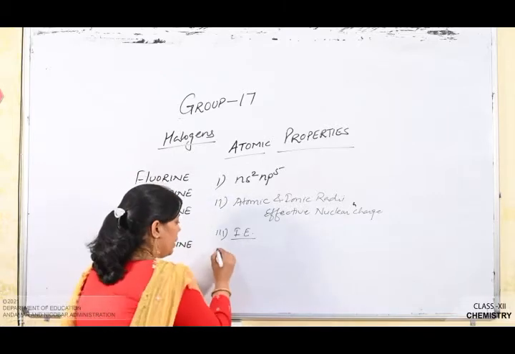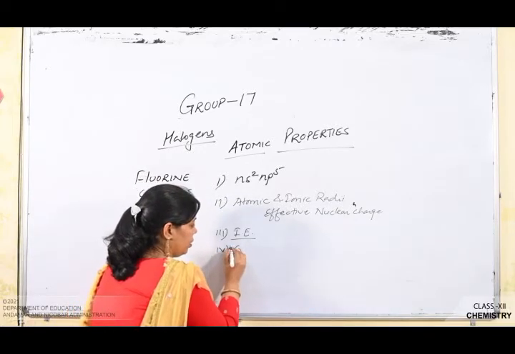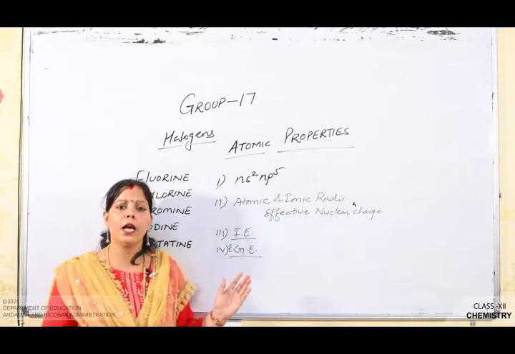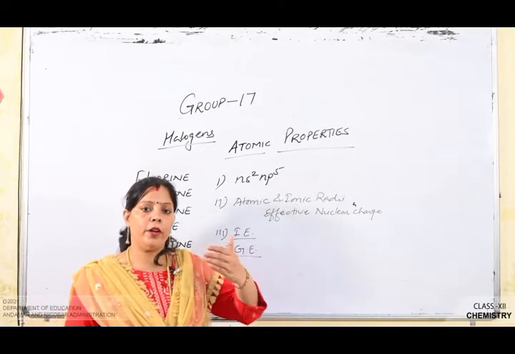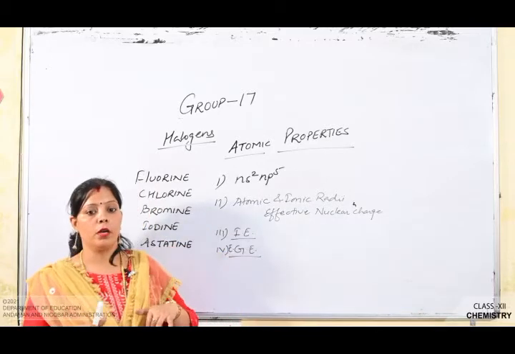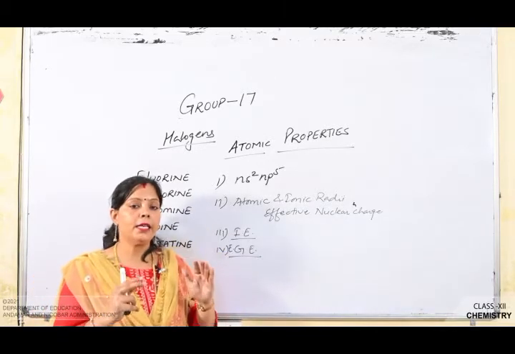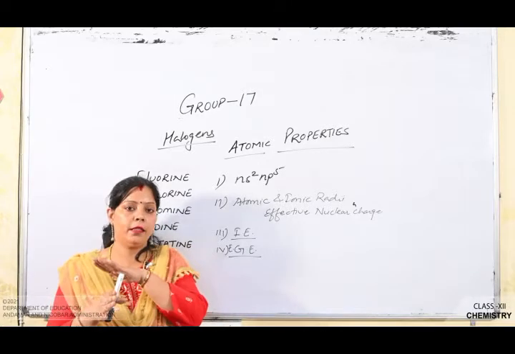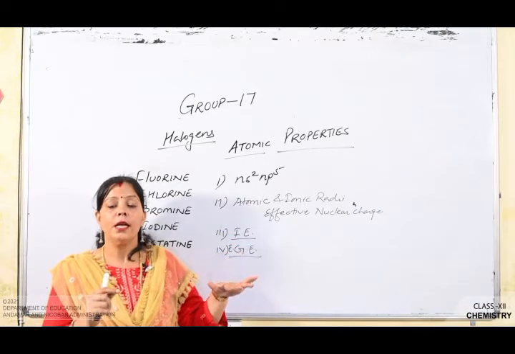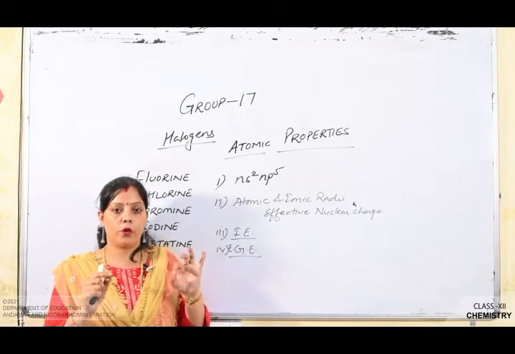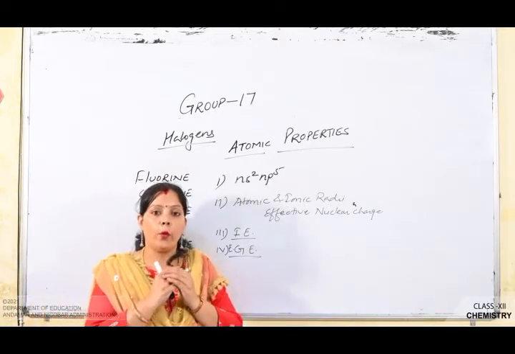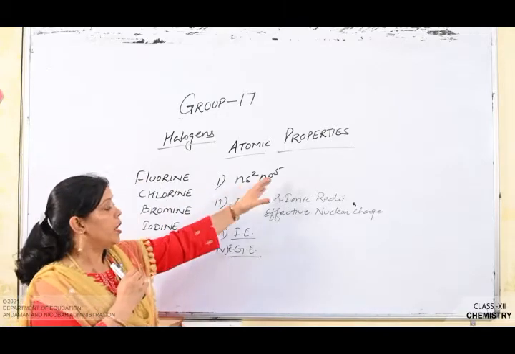Next is the electron gain enthalpy. Electron gain enthalpy means the amount of energy released when any neutral gaseous atom gains an electron. So halogens have the highest negative electron gain enthalpy in their respective period. This is because they have only one electron less than the stable noble gas electronic configuration. As a result, they readily accept one electron to acquire the noble gas electronic configuration,